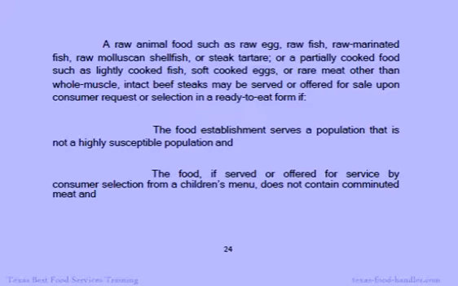A raw animal food such as raw egg, raw fish, raw marinated fish, raw molluscan shellfish, or steak tartare, or a partially cooked food such as lightly cooked fish, soft-cooked eggs, or rare meat other than whole muscle. Intact beef steaks may be served or offered for sale upon consumer request or selection in the ready-to-eat form if the food establishment serves a population that is not a highly susceptible population, and the food, if served or offered for service by consumer selection from a children's menu, does not contain contaminated meat, and the